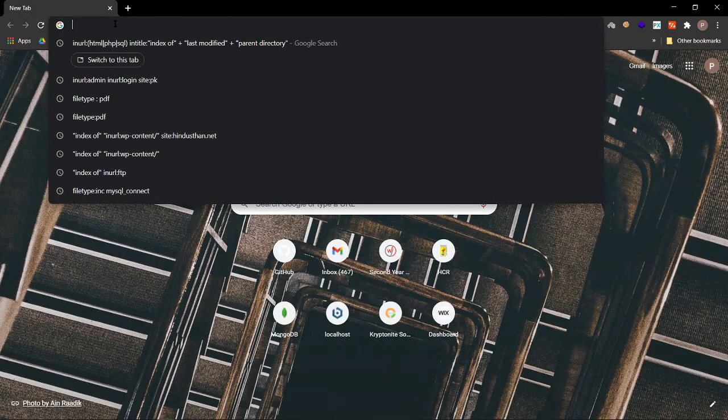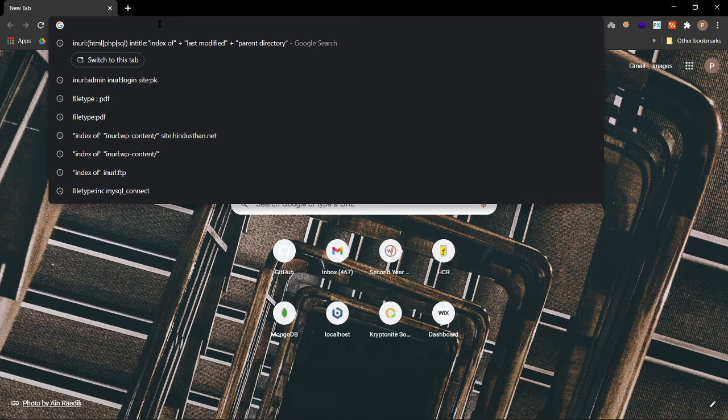Okay, what if you think that Google Dorks are very tough and you need some help with them? You can get help. There is a web-based tool for this. If you think remembering Google Dorks is very tough, then you can use this web-based tool, which will help you in getting Google Dorks.